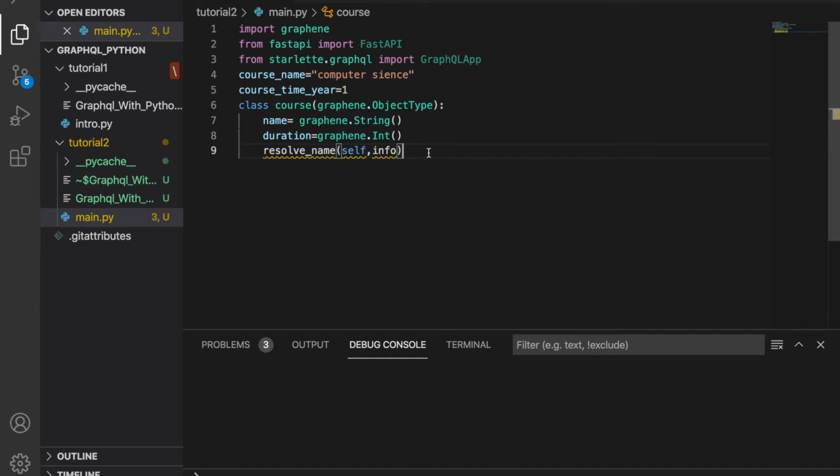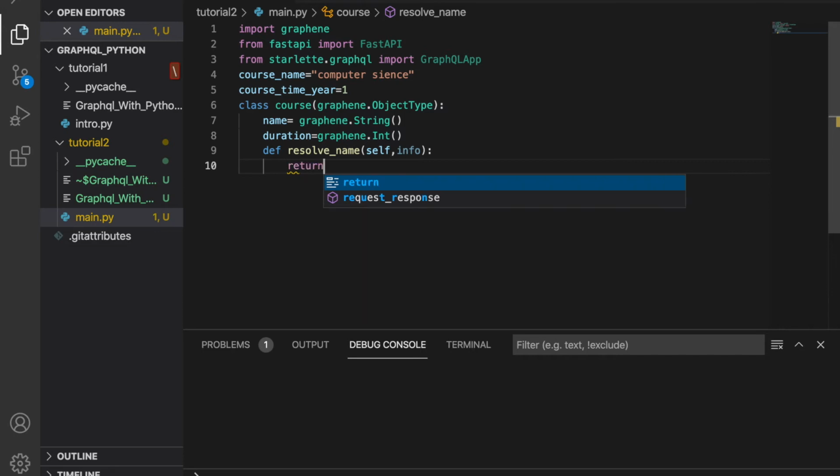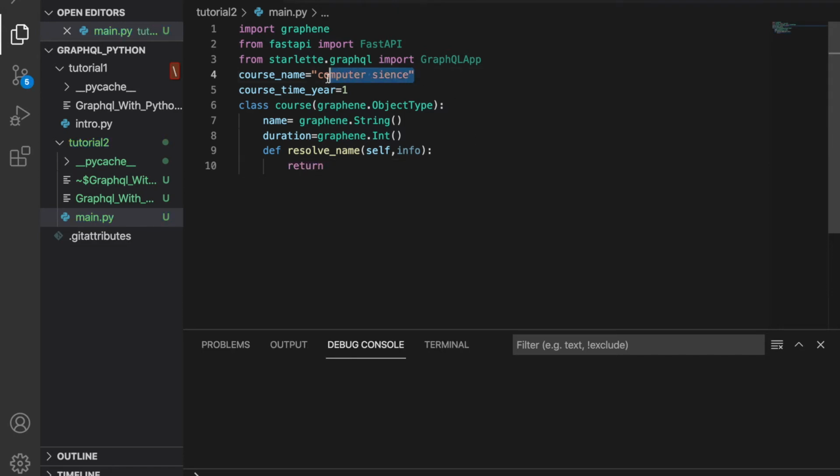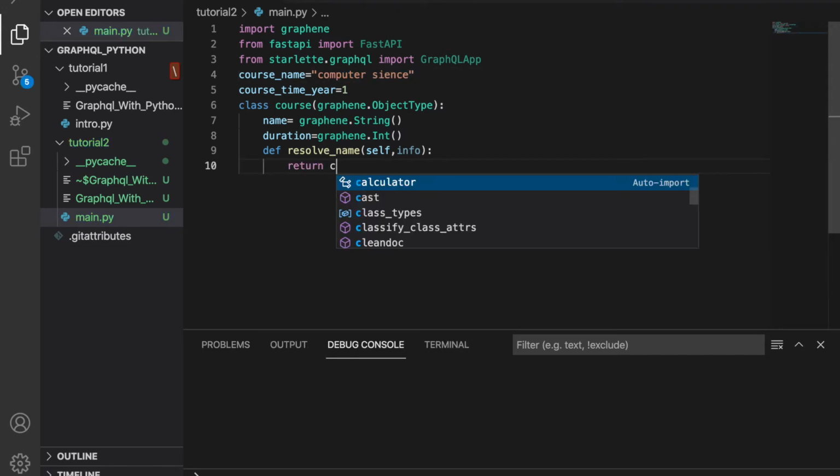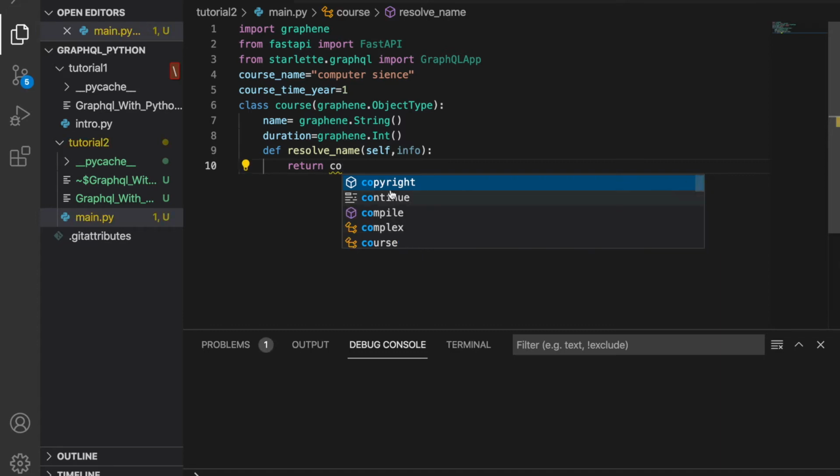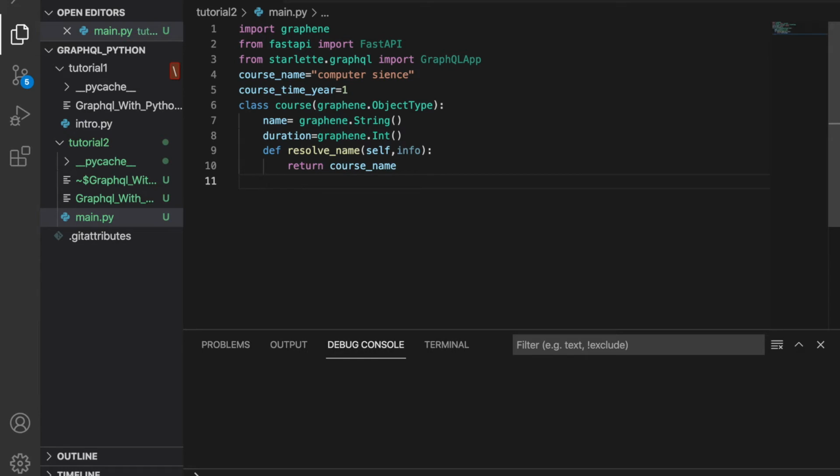So now we need to write def like this, and next we need to return. So it is going to return the course name, then we can write def for course duration like this.